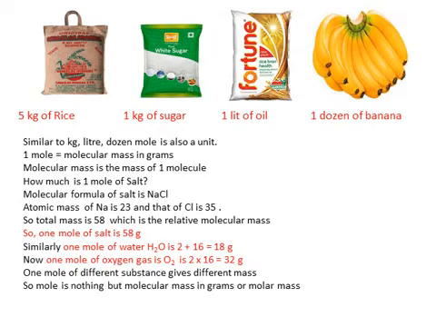So what do you observe from these examples which we have calculated? First, mole is a physical quantity used by the chemist. Second, it can be found out from its molecular mass, which is the mass of one molecule of that substance. When we calculate it, for salt it comes to 58 grams, for water 18 grams, and for oxygen 32 grams.